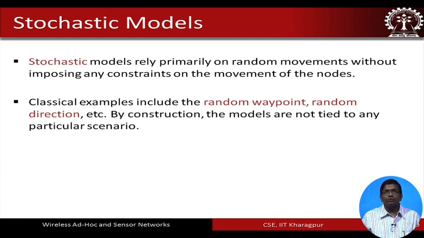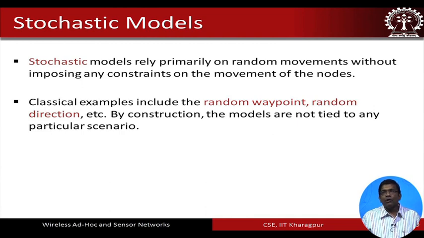So, we are going to go through some of them. By construction, these models are not tied to any particular scenario. So, basically they are so generic in nature that they can be applied and be adopted in different types of environments. So, in fact, let me put it more clearly that one can